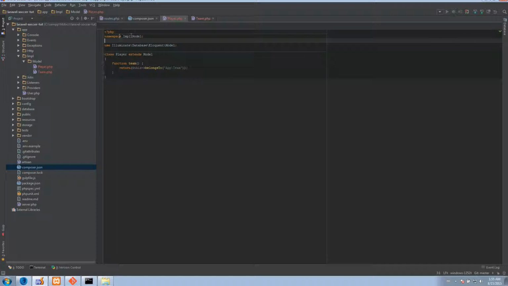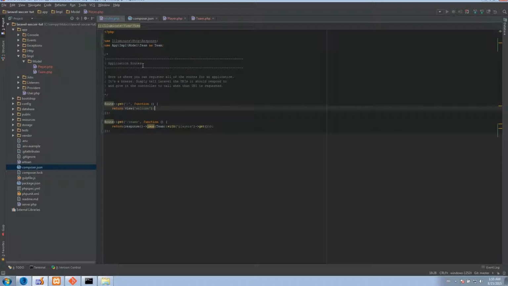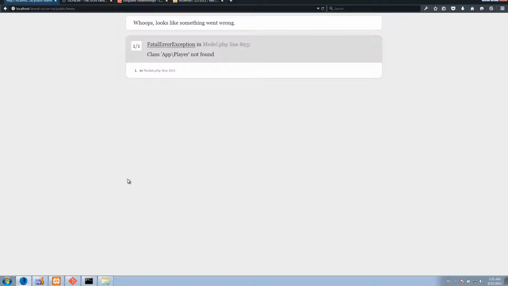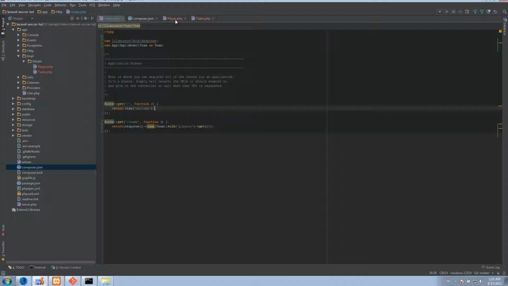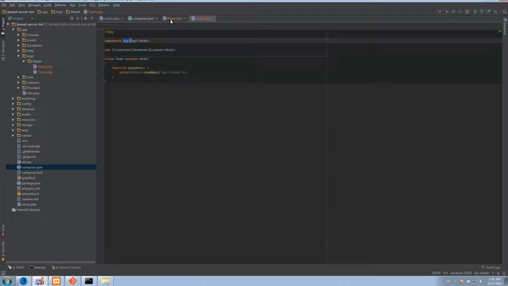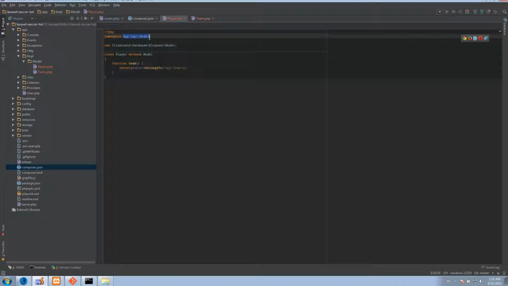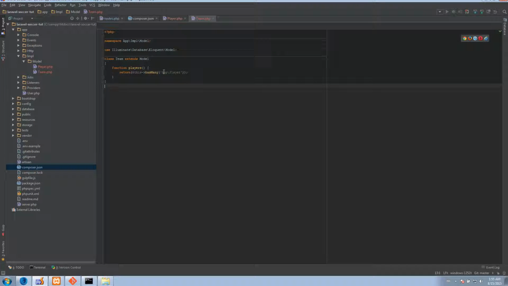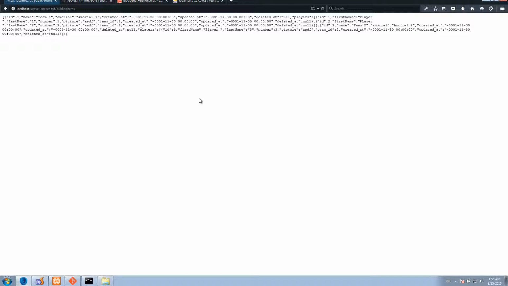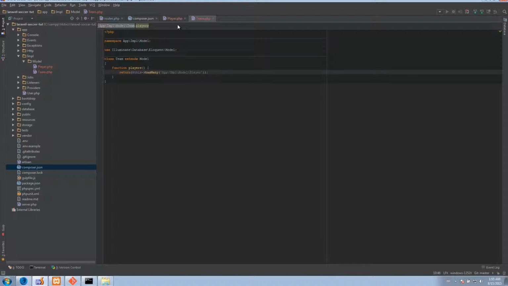And I put it there. And I have to change the routes file as well. Oh, I changed it. Okay, fine. So it just doesn't find app on player. That's good. That's a good error, if you want. Surprise, surprise! But I want to show you how to get it working with